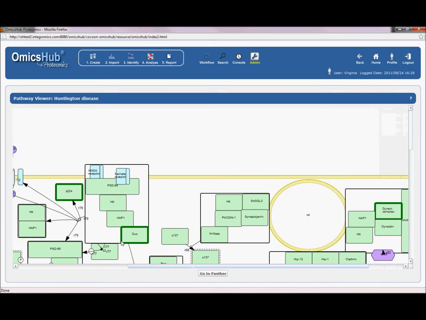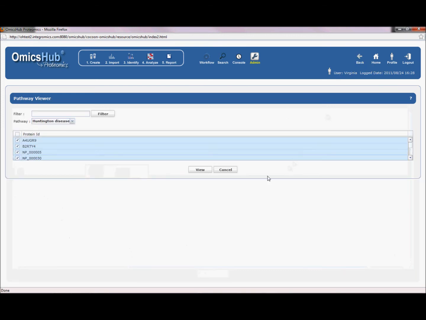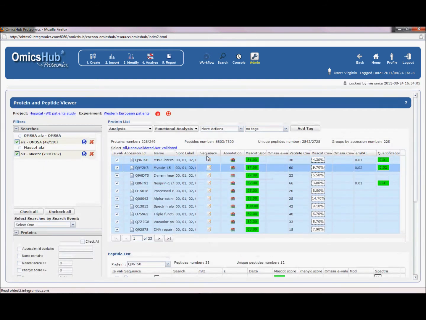If we wanted more information about this route, we can go directly to Panther, clicking in here, and get information about the genomics and everything about those pathways. Good. So in here we actually have further functionality, like for example, we could select all of our proteins and